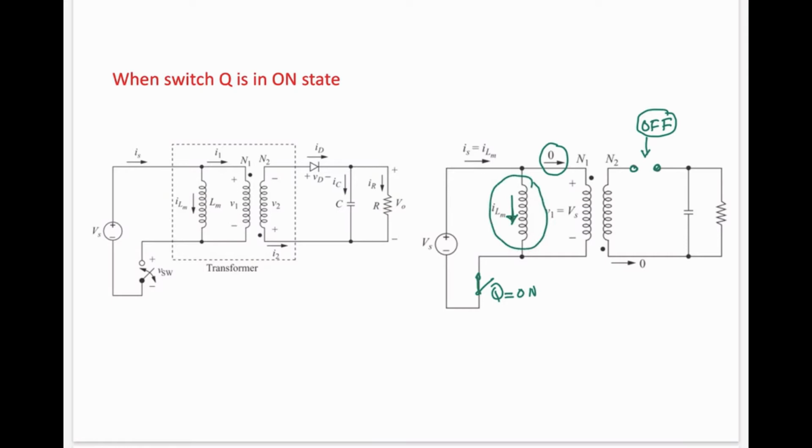The current is passing through basically the magnetization branch that is being represented over here. In the real transformer, basically this will be passing through the transformer primary winding. But over here, we are using the model of the transformer, and for that we are considering that the whole current is passing through the magnetization branch and no current in the primary winding of the ideal transformer.